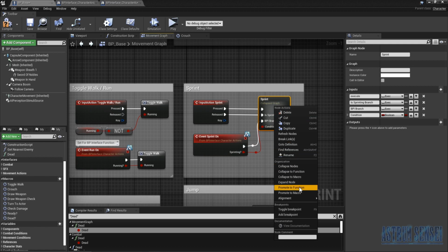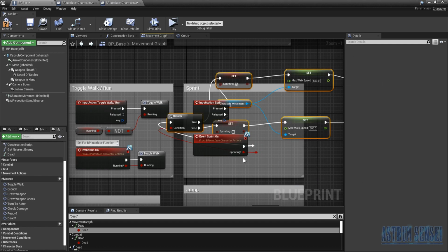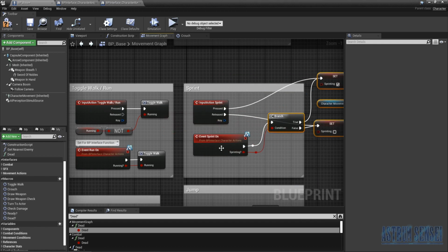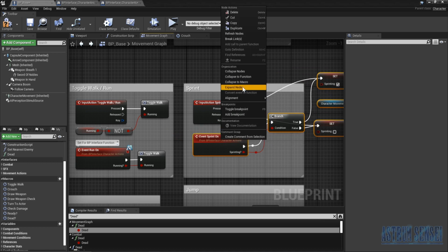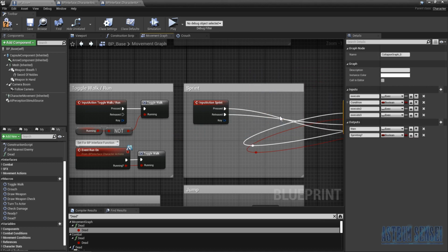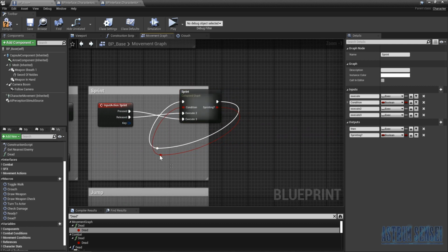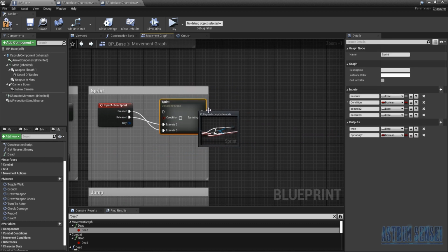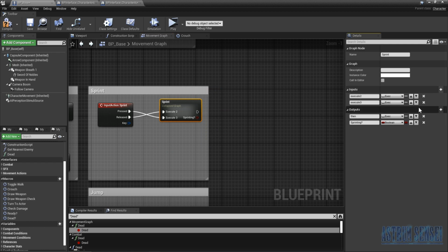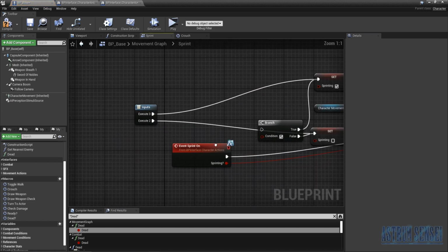So I'm just gonna expand node, pull them like this, and include this one. And then collapse node, sprint. And what kind of mess happened? Let us check. Yeah, we don't need this, so we're gonna delete it. And we are gonna delete the first two, and then switch up these two like this. And then,